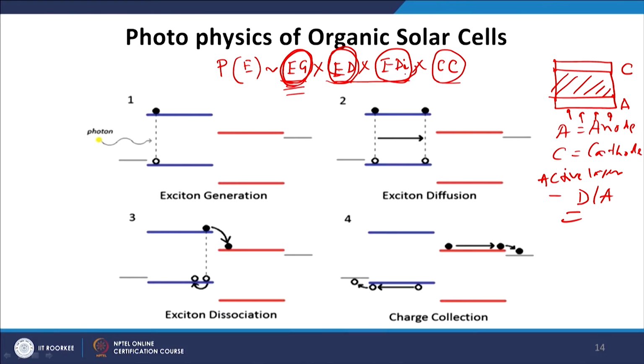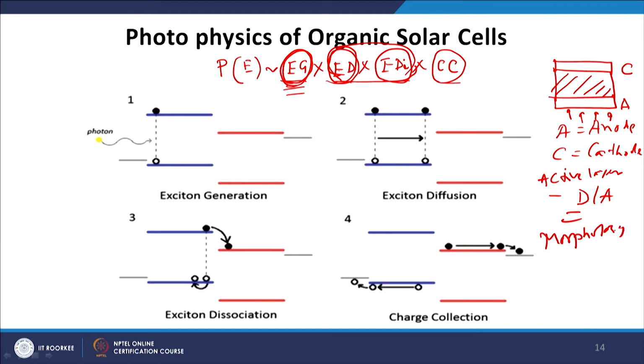It is very challenging to get an optimum morphology, and there are a lot of parameters which affect exciton dissociation. As you can see, exciton dissociation and exciton diffusion, these two processes will only be good or optimized if the morphology of the active layer is very good. So, that is why the morphology